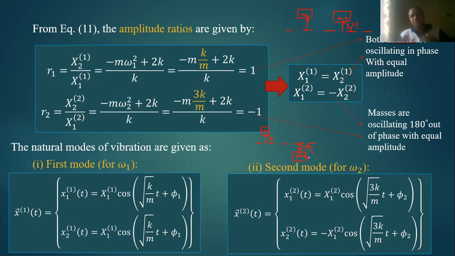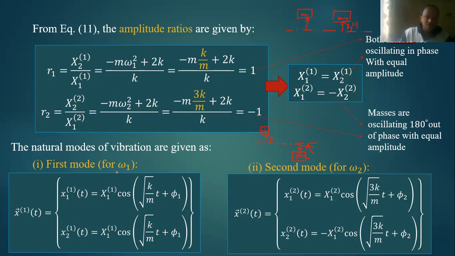So they are moving, one up and the other in the other direction. So their motion is out of phase. So this is the meaning of this -1 and 1. Okay, so for the natural modes of vibration,